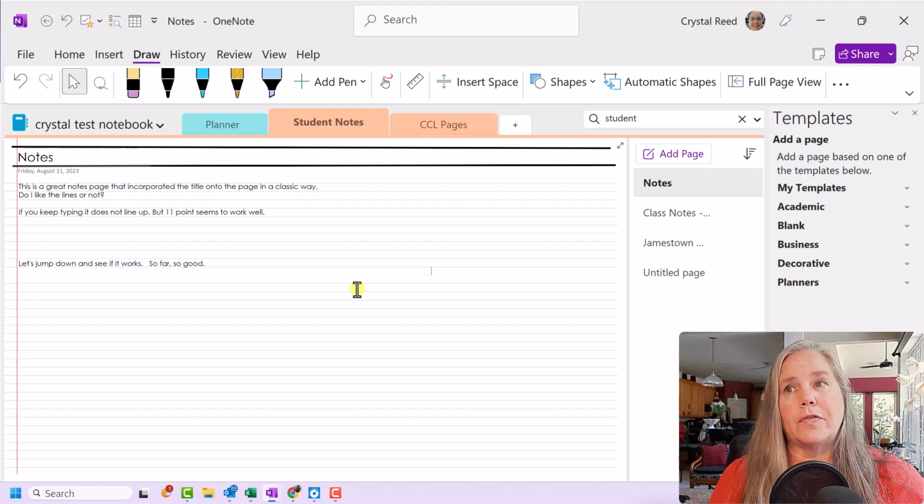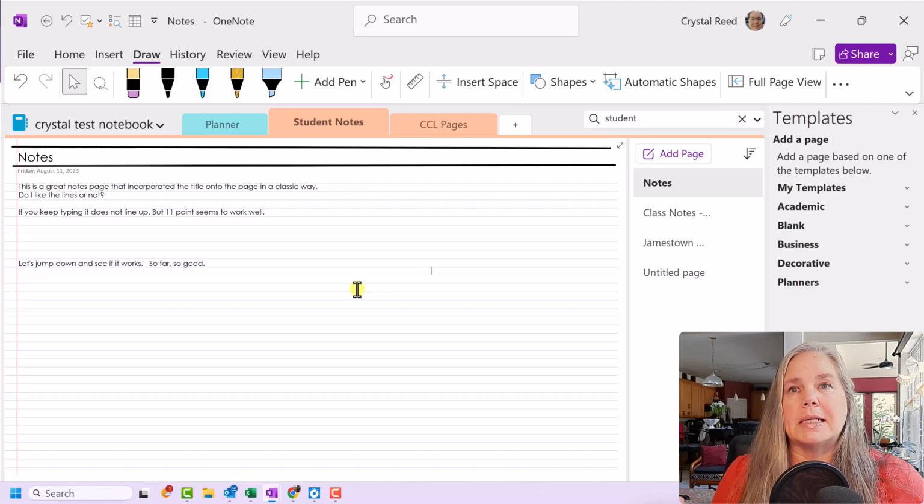Today, I want to focus on a couple of ways to use your desktop or your iPad to create more regular notes. Maybe you're somebody that wants to set up a template. So we're going to start with templates, okay? Now, like I said in the previous video, I showed a number of the academic templates that they have in OneNote, so I'm not going to go through all of those again, but I did want to start with a